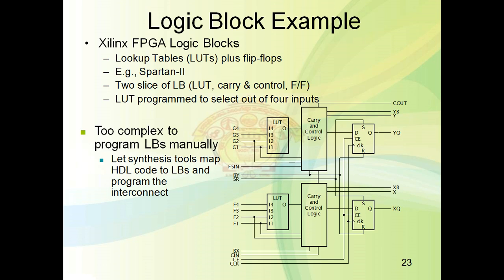Address inputs to lookup tables are connected to the IO block. The content of the lookup table determines the value of the Boolean function of the inputs. By programming different lookup tables, we can implement any Boolean function of the inputs.